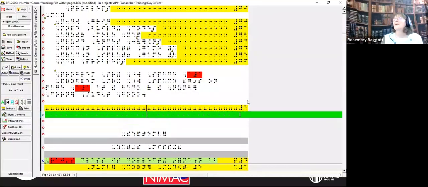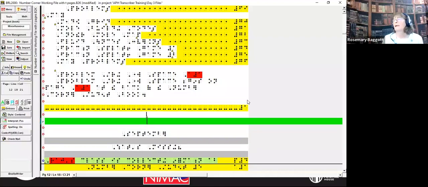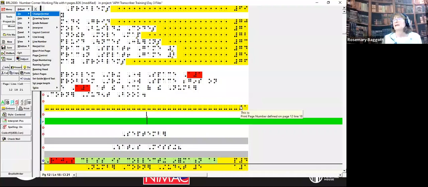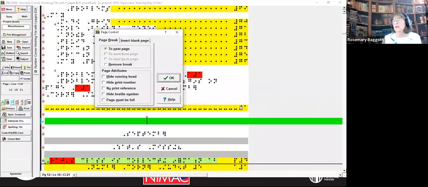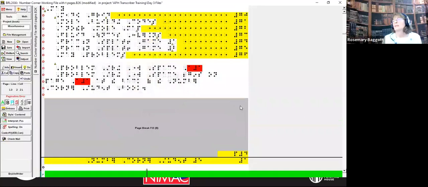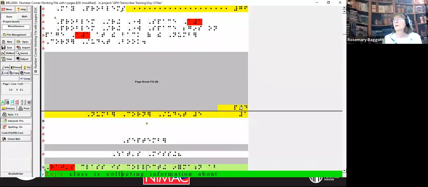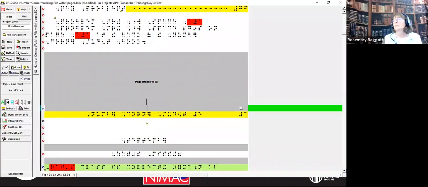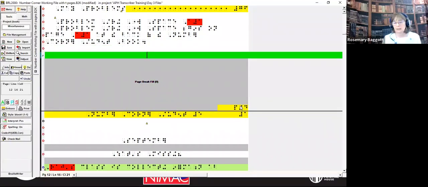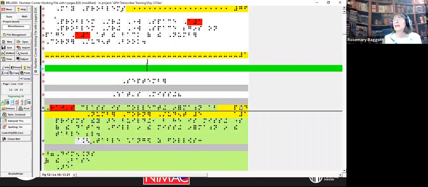So we're going to go on to the page break section. Before I break the volume, let's just say I've gotten through the table of contents. My next part of the book is T1. So I'm going to do Alt D C to next page, and that's going to take me down to the next page. Now, what is September doing here? This is actually the page where I'm supposed to hide the running head, because I'm entering the title of the book, which I'm not going to do. I did do that the other day.